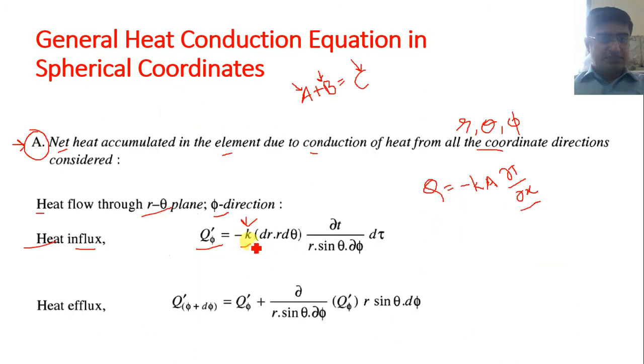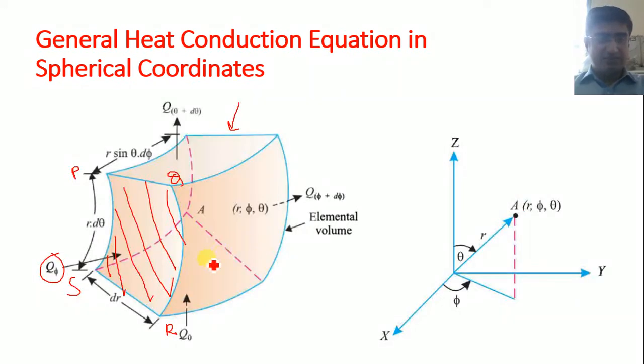We know that heat always flows from higher temperature to lower temperature. Say here is the higher temperature T1 and here is the lower temperature T2. If you take the difference, delta T is equal to T2 minus T1. It means outlet minus inlet temperature must be less than zero, in the negative manner. It means the heat is decreasing, that's why we have mentioned the minus sign. So k is the thermal conductivity, then what should be the area?